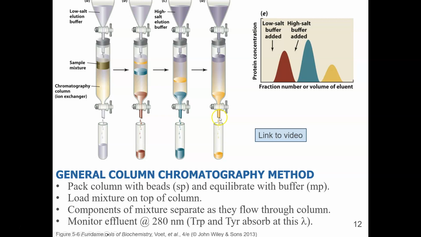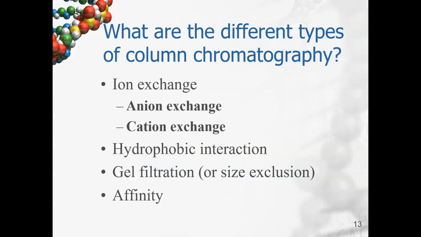So if we take this effluent that comes off the column and pass it through an ultraviolet monitor, we can then interface that with a chart recorder, and it can show these peaks, and that's how we can identify where our proteins are located in which test tubes. So that's the general